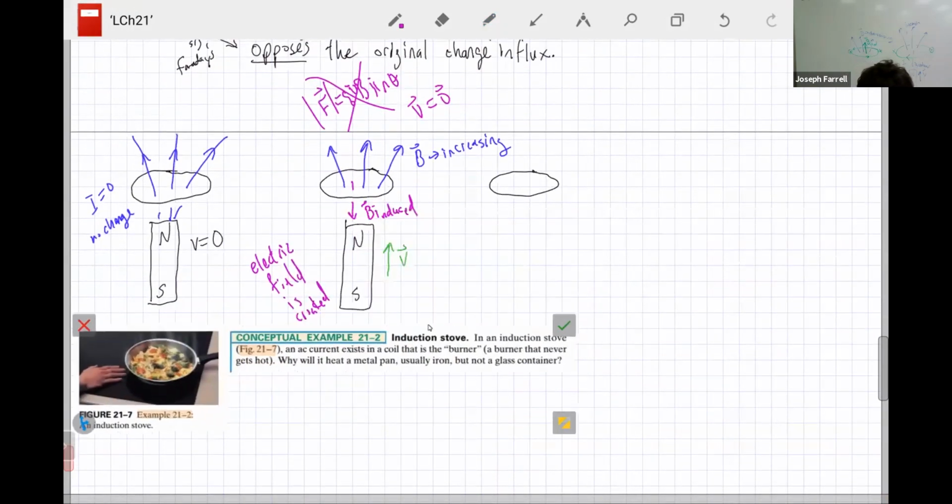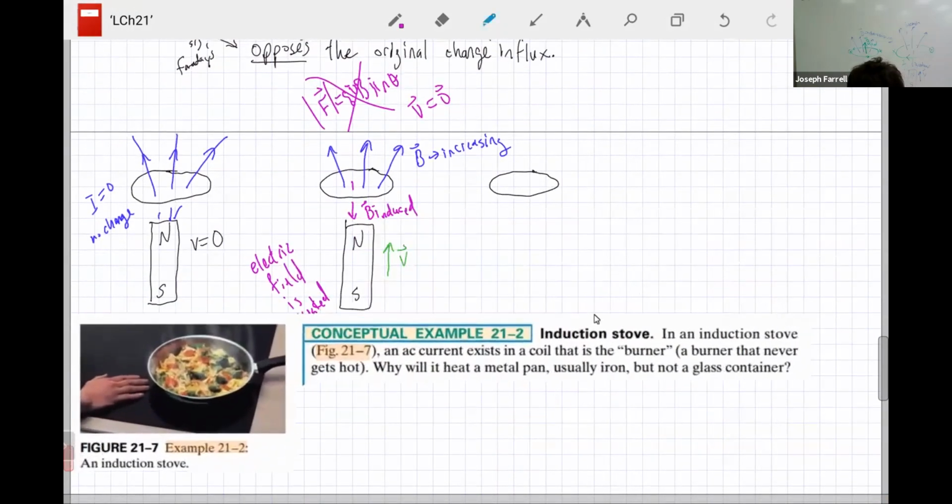Induction heating. I don't know if anybody's ever seen one of these, but in an induction stove, an AC current exists in a coil that is the burner, a burner that never gets hot. Why will it heat a metal pan, usually iron, but not a glass container? So this pad here, notice the pan's touching, it's not hot. What's going on? It's got an AC current. So I'll answer the question for you. An AC current is going to create a changing magnetic field, and that's actually going to change the flux